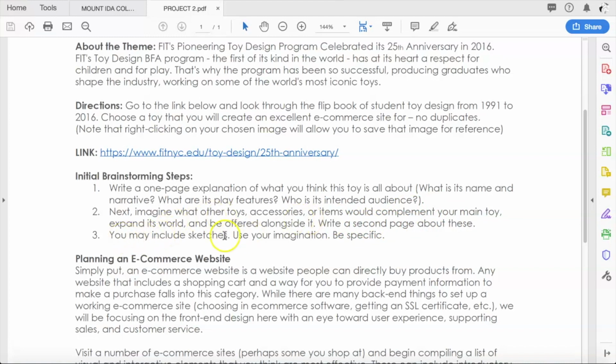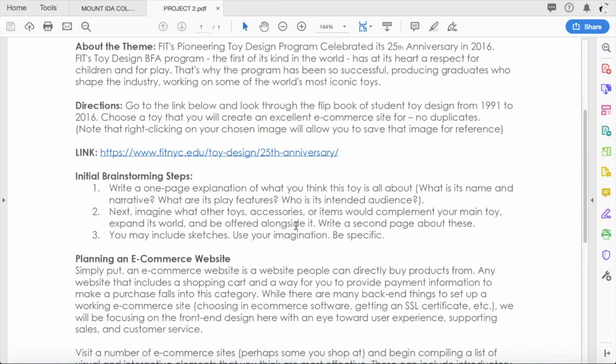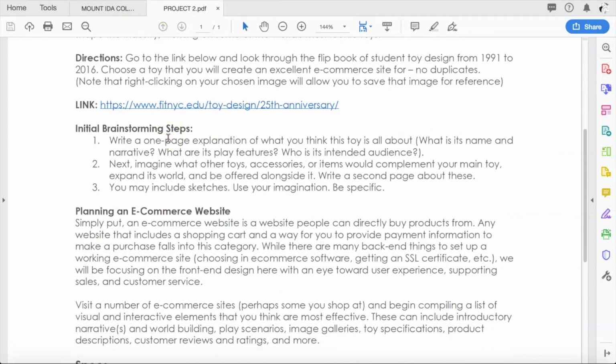And then, of course, you can include sketches, and you are encouraged to use your imagination and be specific in your writing. So essentially, on Friday, you're turning in a 2-page document that answers all these questions as creatively and to the best of your ability. And of course, you can include some of your own sketches. That would be great too. So we're still working on that for the majority of the week, but now we're going to move a little bit into the next section here,